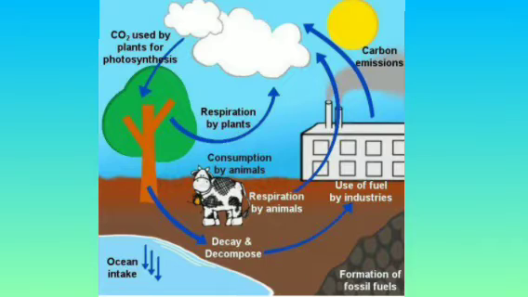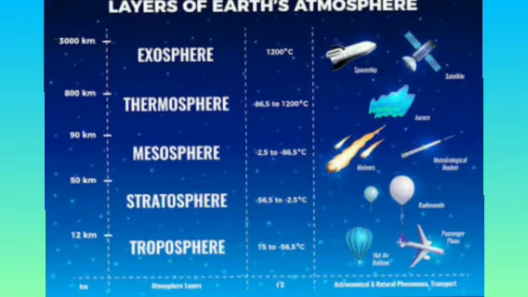So that was all about the important gases that comprise the atmosphere, which is why it plays such an important role in shaping and in helping to sustain the entire biosphere. Then we will see what the structure of the atmosphere is, and what the different layers are. It has 5 different layers, such as troposphere, stratosphere, mesosphere, thermosphere and